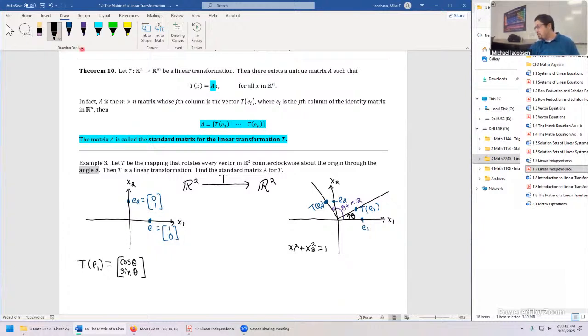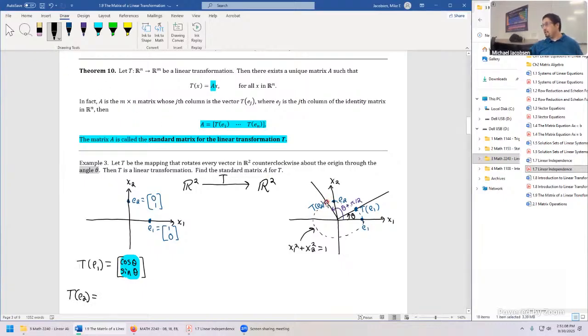Maybe let's make it a dash line. Imagine that's a circle, so we'll go with that. A little bit of artistic interpretation will help. So if we can do the same thing with T of E2, we'll just throw it all into the matrix A and our work is done. So this is column 1 of the standard matrix. Then finally, T of E2,